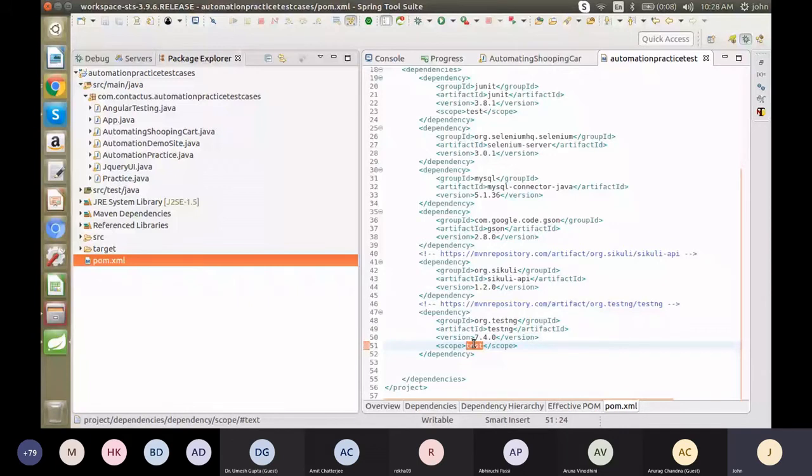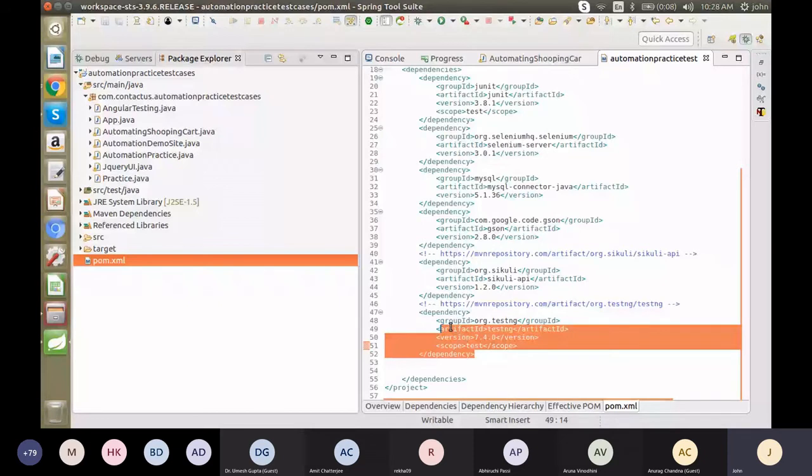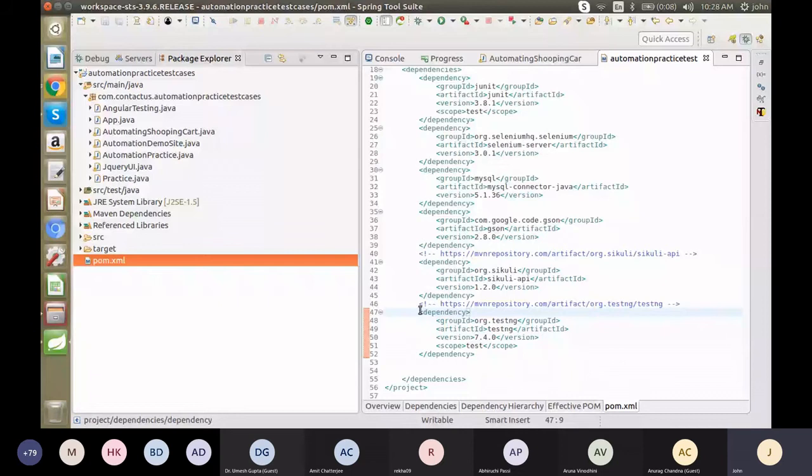Once you update this Maven project, it will download it from Google automatically. Once it is downloaded, you can see Maven Dependencies here.